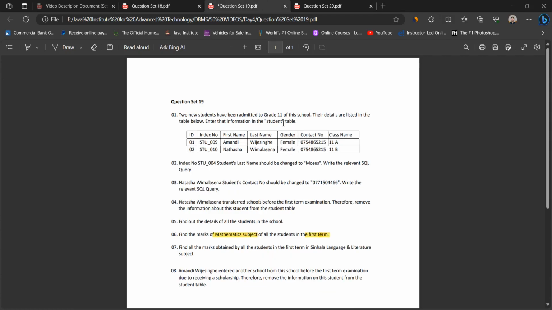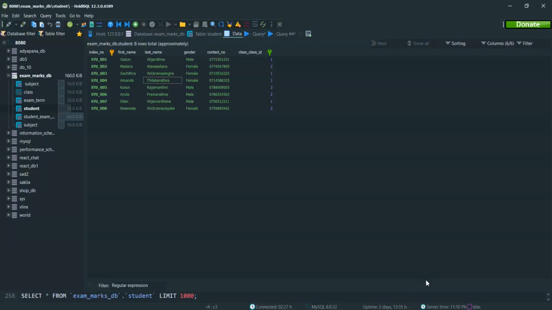So let's start the question. Question 1 says, two new students have been admitted to grade 11 of the school. Their details are listed in the table below. Enter that information in the student table. So let's set